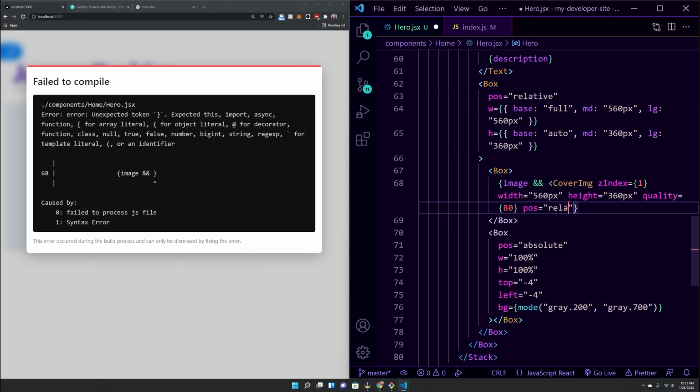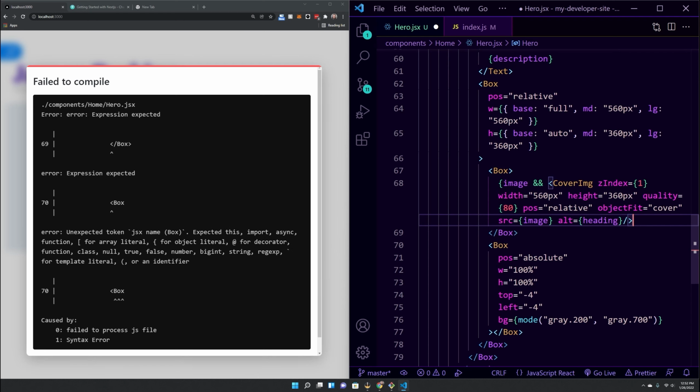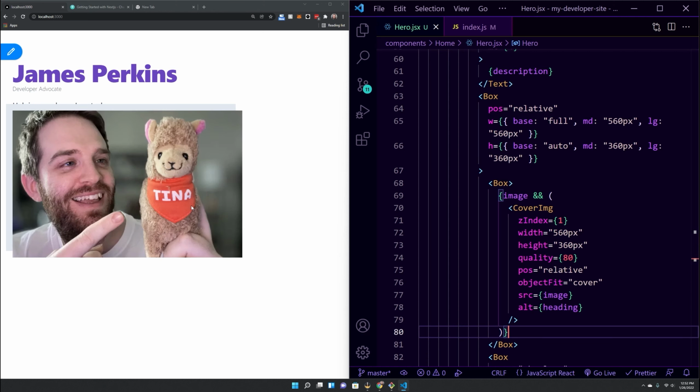Position equals relative. Object fit equals cover. Source equals image. And alt equals heading. Close out our cover image and then add that back in, hit save, and our image